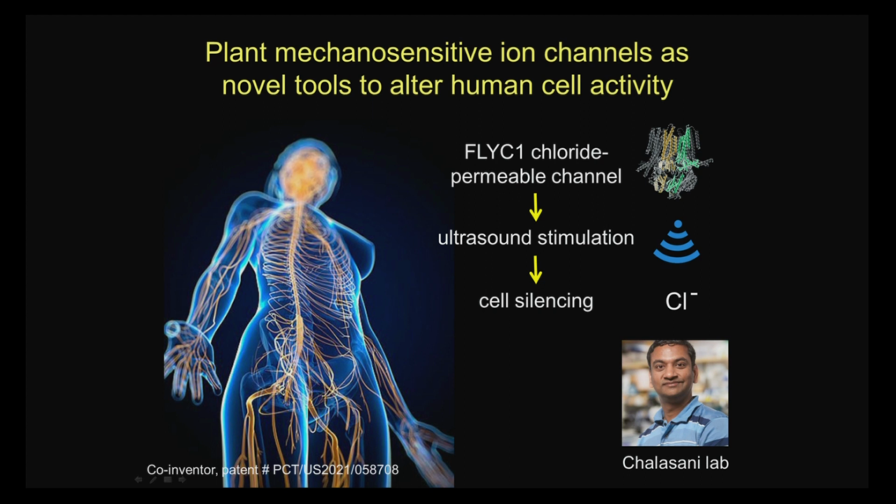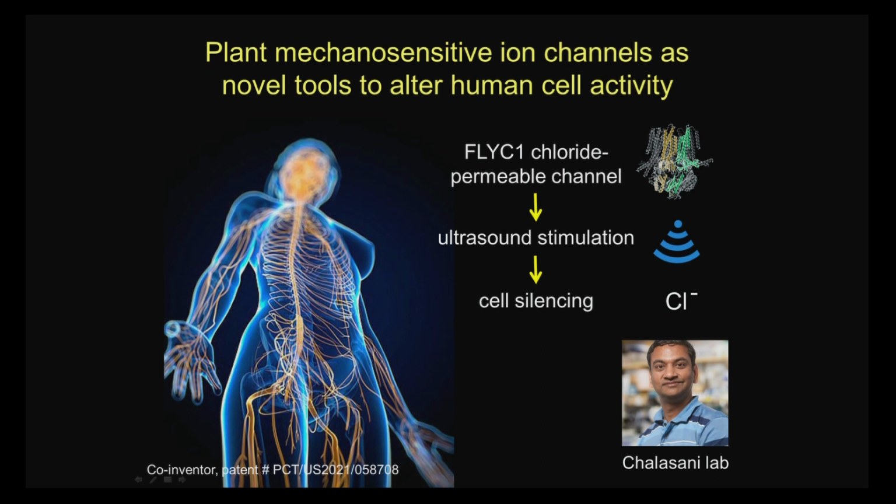applied benefits as well. So what Shrikant's group is now doing is taking some of these ion channels which we're discovering in plants, and he's putting them into mammalian cells. And these ion channels, as I showed, can be regulated by ultrasound activity. So you can imagine now that you can regulate the activity of these mammalian cells by ultrasound. So these mammalian cells, they might be